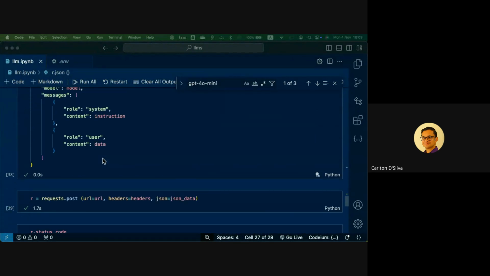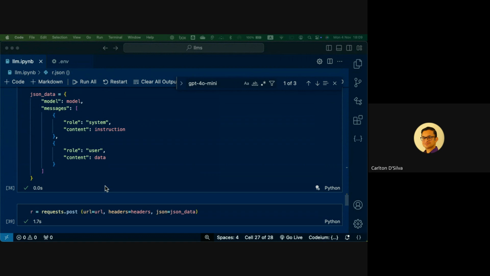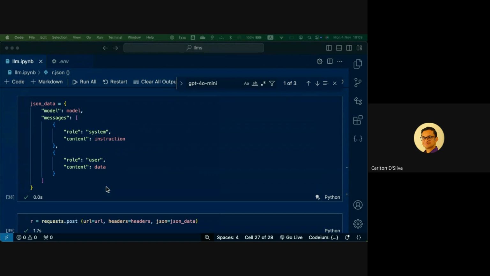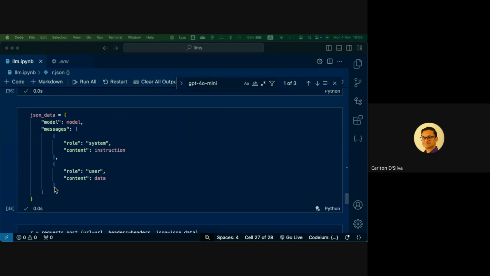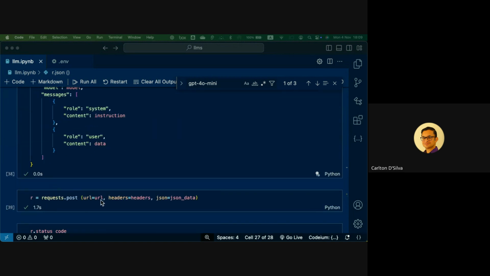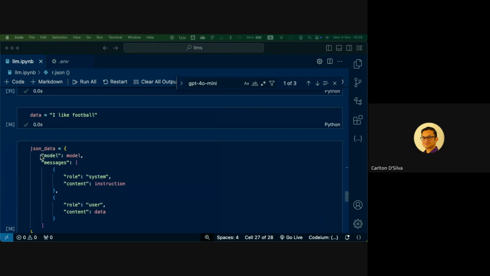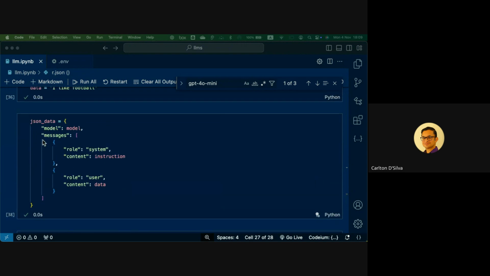So this is how you construct a chat completion to GPT. This is how the JSON body is structured. First of all, there are three elements to it: the endpoint, the headers with the authorization, and some JSON body. And the JSON body must have two keys called model and messages.